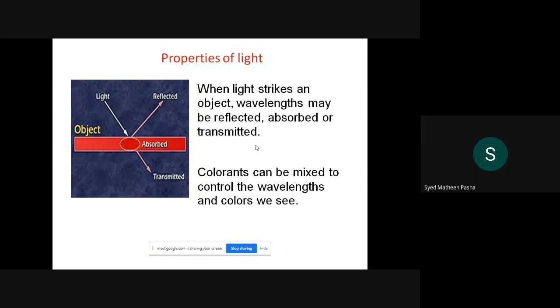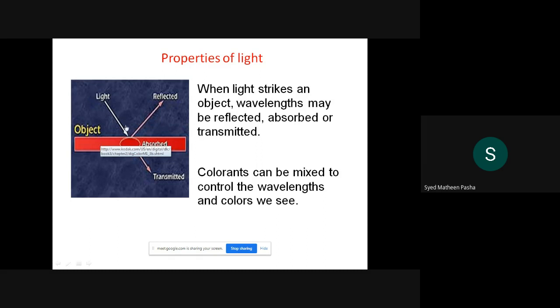These are some of the points you need to remember with respect to light here. I'll just explain the properties of light with respect to the PPT here. Check out, this is an object. The red part which is being displayed onto the screen is an object which consists of some parameters here.